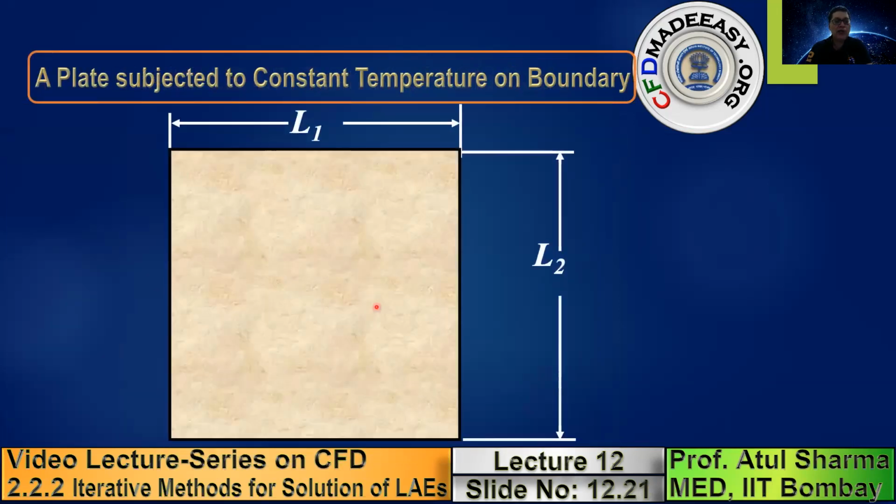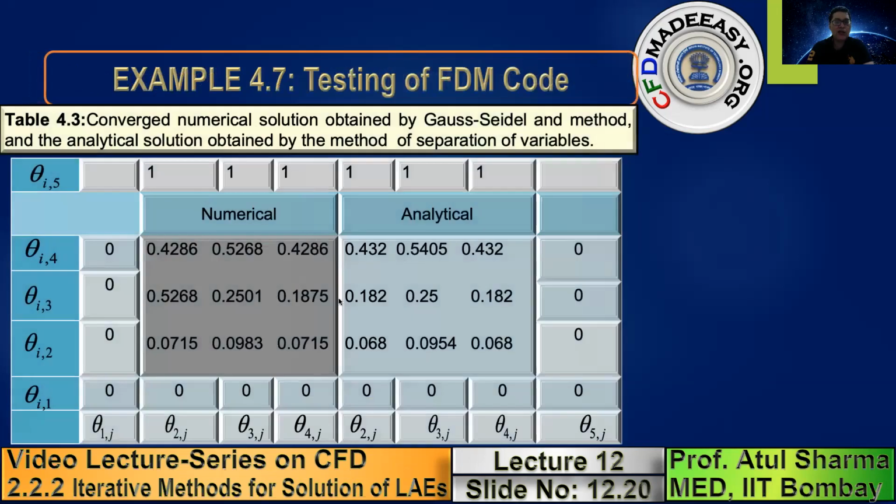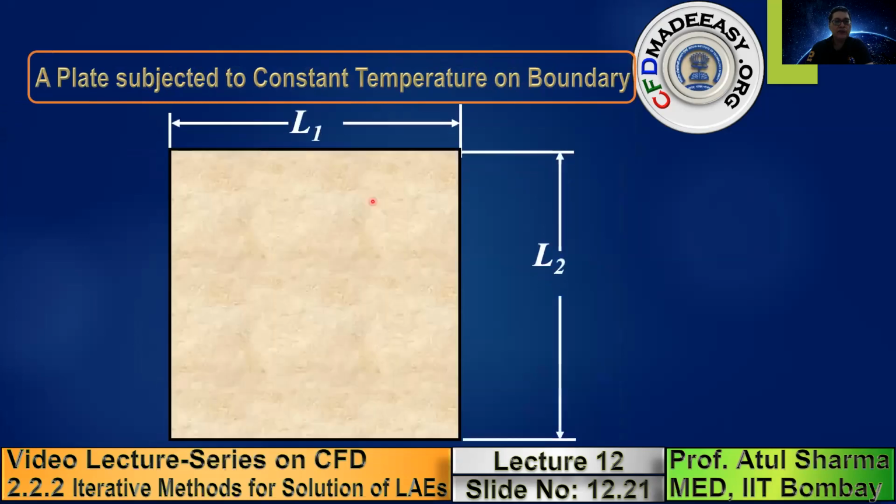I'm showing you the application of the iterative method for a two-dimensional steady-state heat conduction, where we have taken up a problem which has an exact solution and we compared our numerical solution with the exact solution. So this table represents the testing of your iterative method while applying it for a two-dimensional heat conduction problem. After you have tested, you can solve another problem.